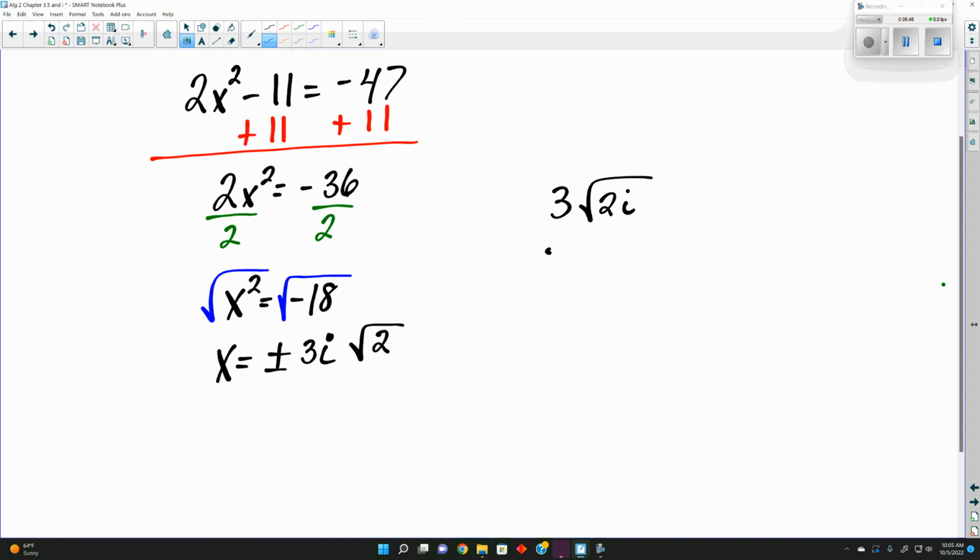This would be with the i outside. Would it be the same answer? Yes. This is essentially saying that we have 3 square root of 2 times the square root of negative 1,